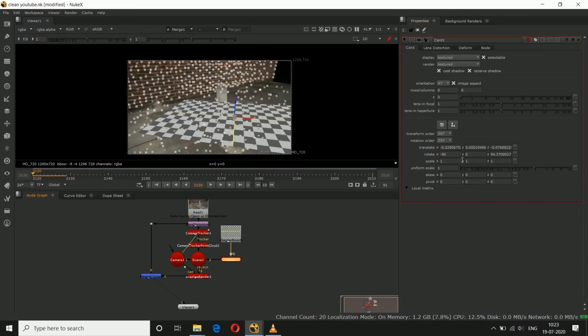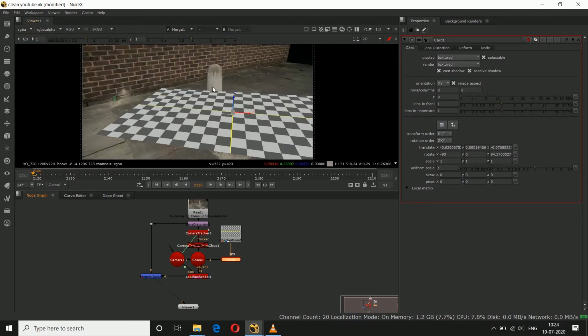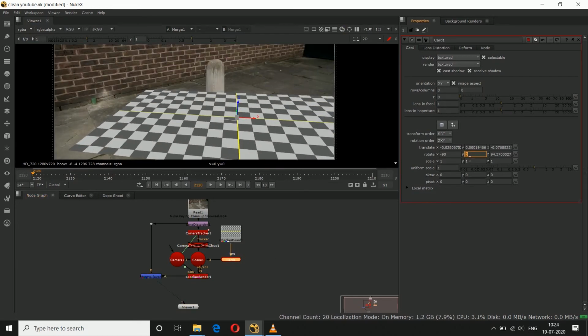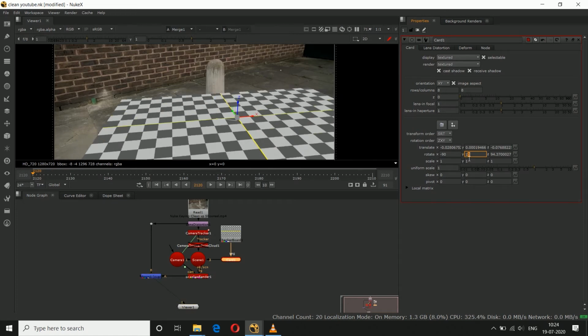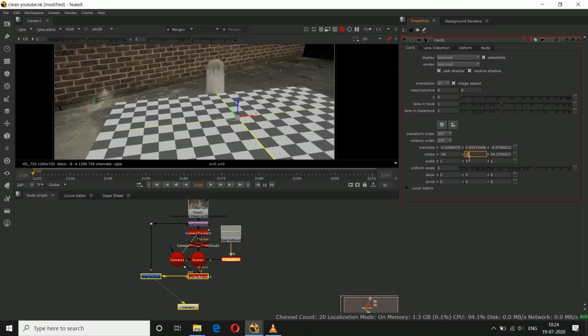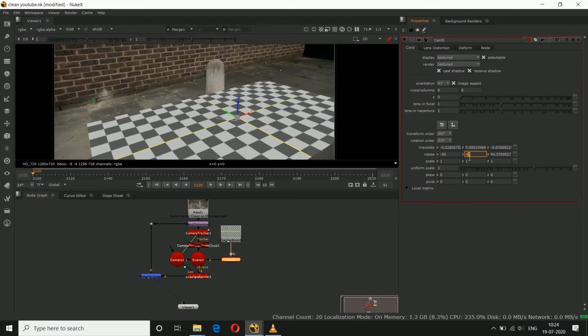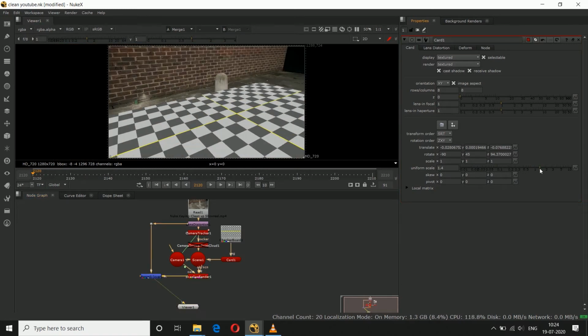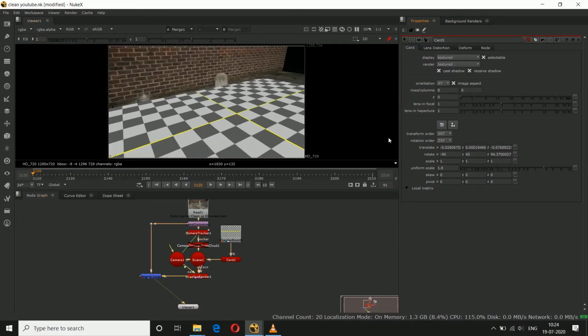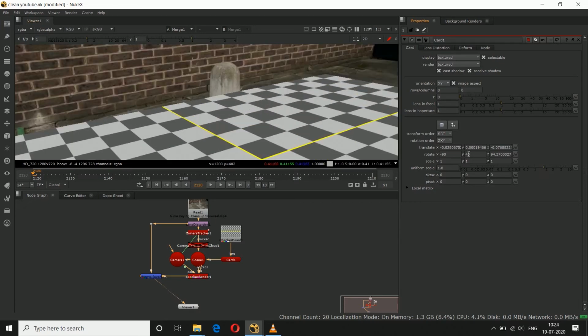So minus 90. We need to align the card properly. So we'll align it. Okay. So we'll disable the camera tracker point cloud. Go to card. We'll rotate that. Okay, so we'll now scale the card a little bit. We need to rotate more.